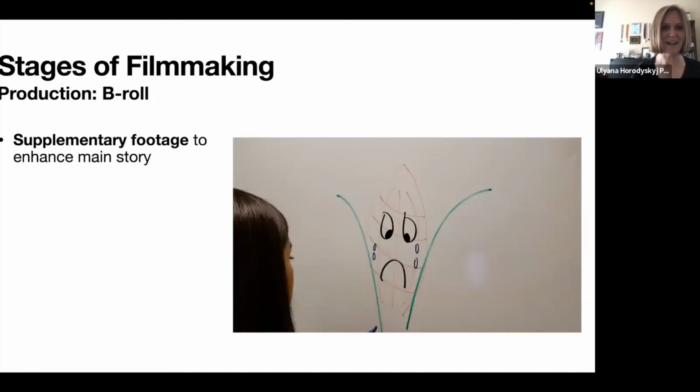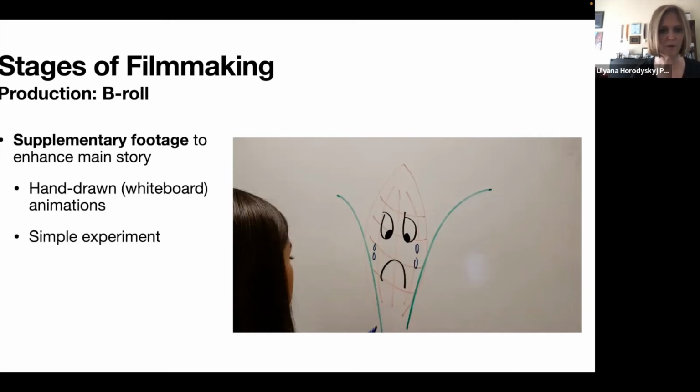So you can define it as this supplementary footage to enhance that main story. It could be these hand-drawn whiteboard animations, and Jane can put in the chat Doodly is another one, a web page where you can have these things made for you if you have specific ideas. There's many out there, but that's just one that I know of. If this applies,